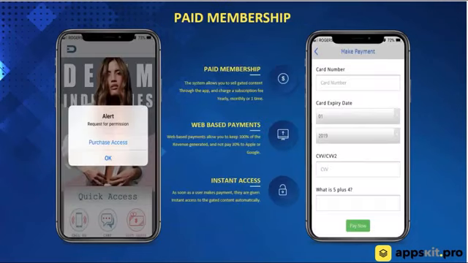Jumping there, the next feature, paid memberships. So we have the ability for you to gate your